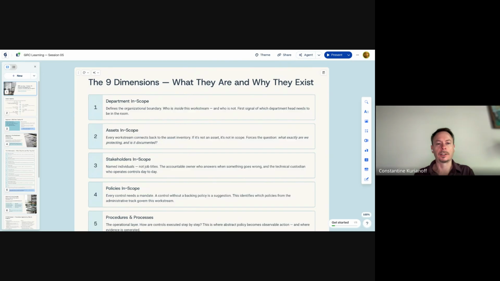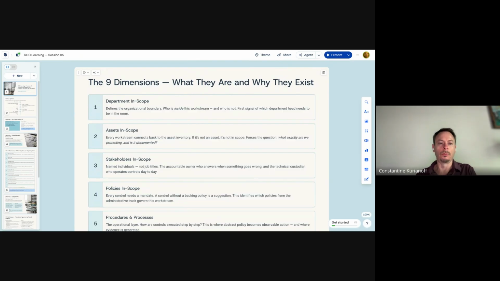Who are those stakeholders in scope who we could work with within the work stream? If we speak about employee security, HR personnel security, then it's obviously the head of HR. If it's IT practices, then it's the head of IT.